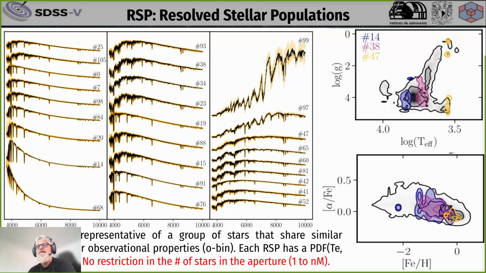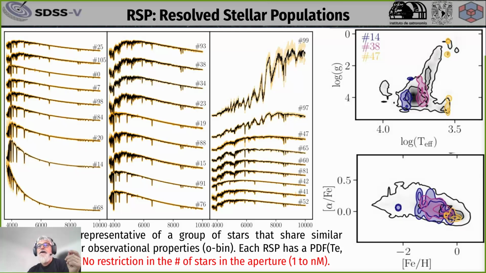But instead of using the typical approach, where we have a library of stellar spectra characterizing certain physical conditions, I mean physical parameters like the temperature, the gravity, the abundance, and the alpha enhancement,